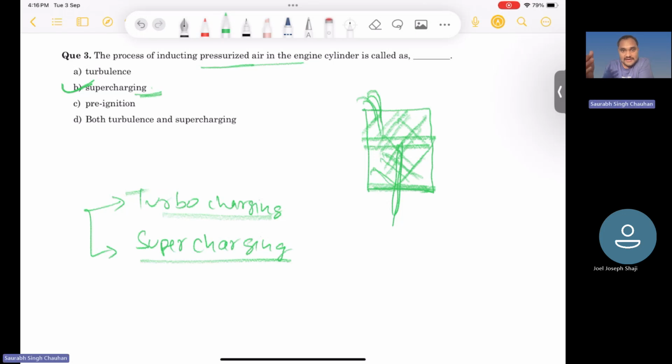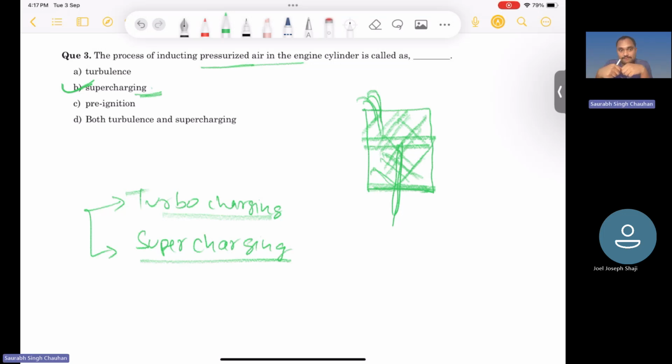To compress the air, you will need a compressor, right? And how that compressor is being run, from where it is getting energy, that is the difference between turbocharging and supercharging. In the turbocharging, that compressor is run by a turbine, and that turbine is run by exhaust gases which are coming from the exhaust of the engine. The gases coming from the exhaust of the engine have a lot of energy, they have heat content. From that heat content you can run a turbine, and you can connect the shaft of that turbine to the compressor, and from that compressor you can get the compressed air,